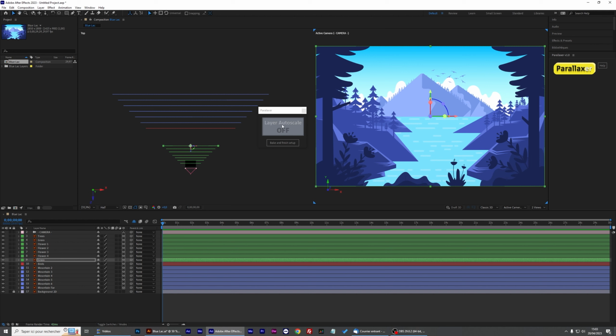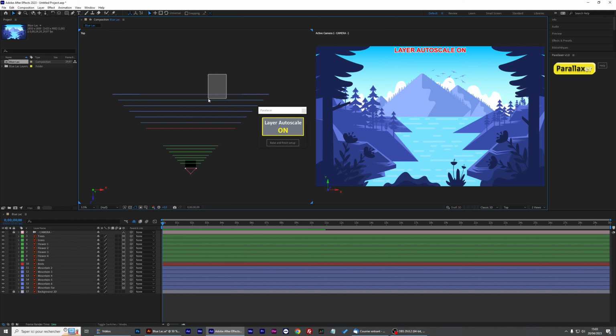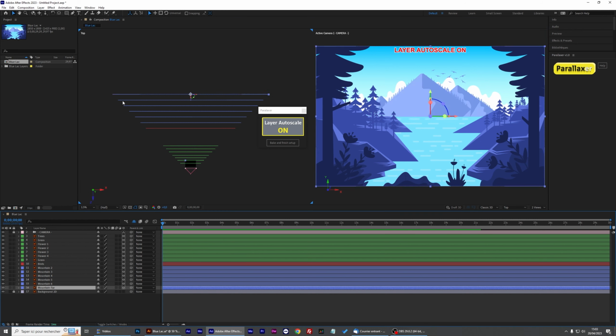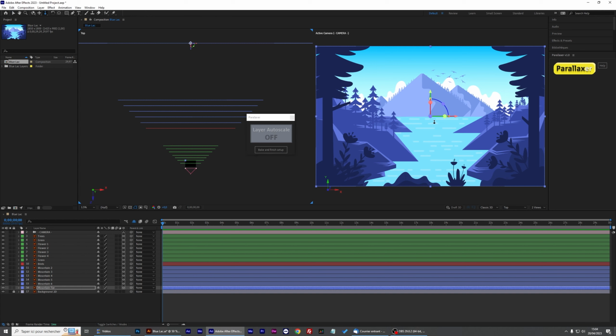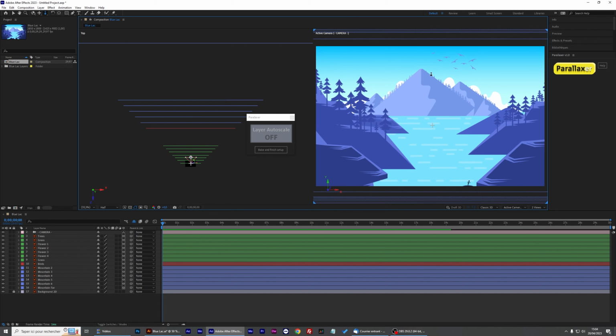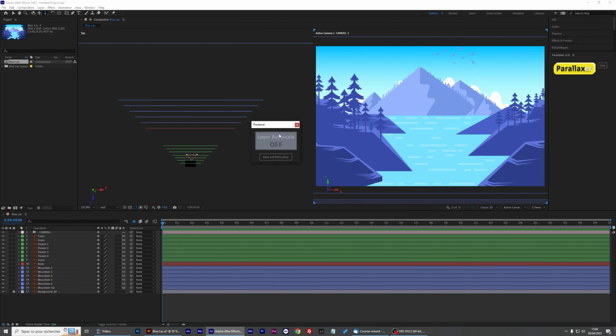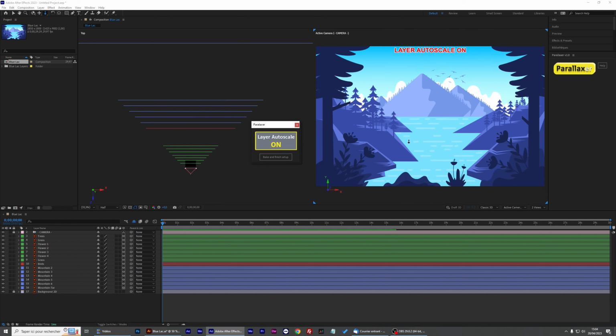So let's reactivate the layer autoscale. Select the mountain over there and put it way farther, like this maybe. Okay. Deactivate layer autoscale, and we're going to test just a zoom in like this. This is much better. I'm going to click back on layer autoscale. It's going to reset my camera. This is very useful. And I didn't tell you earlier, but there's always a warning at the top of your scene saying the layer autoscale is on.